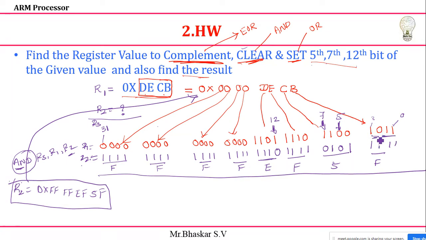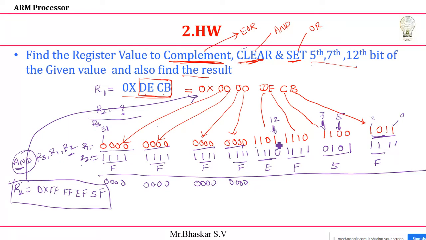You see, I'll tell a very easy method. This one I'm not disturbing anything, it will come as it is. If you do the AND operation also, I'll get the same thing. For this complete nibble I'm not going to change anything, I'll get the same thing. This is also the same, and this is also the same. So in this one I'm doing changes.